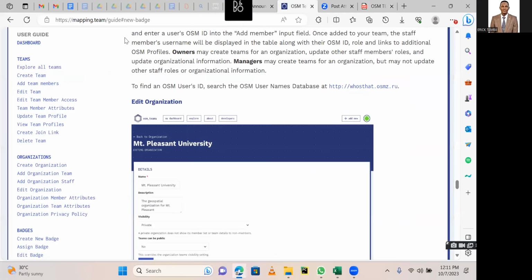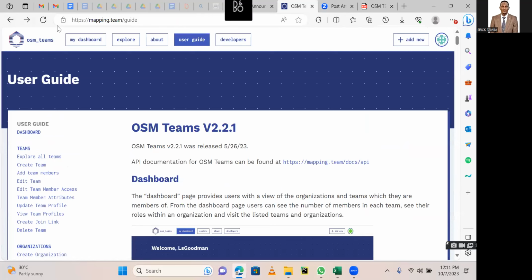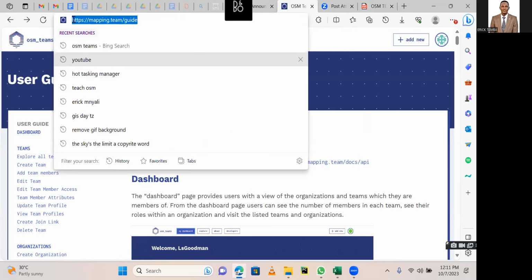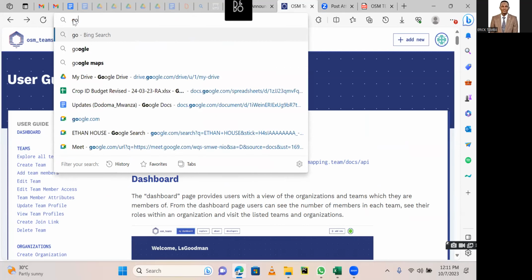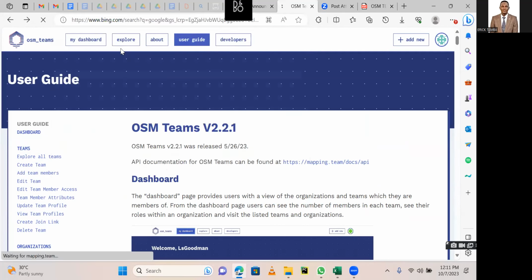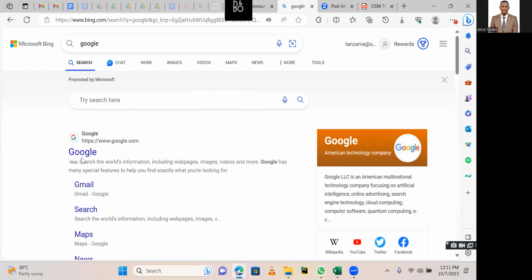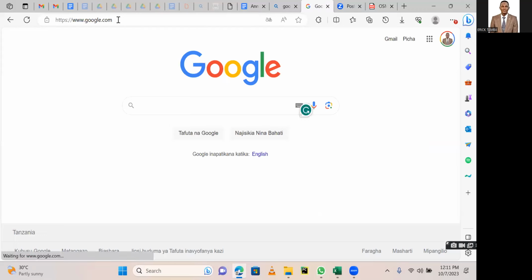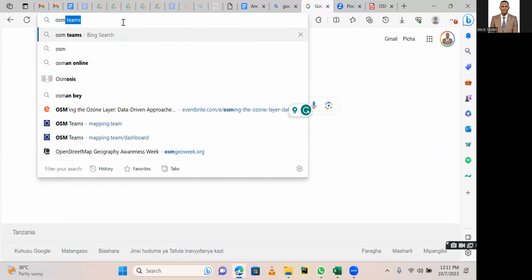So in order to get to OSM Teams, first I would like to pause if someone has a question. If anyone has a question, I could just finish out the presentation, or you could also post your question in the chat and I'll get back to that. Thanks. So if you want to get to OSM Teams, you can simply search for OSM Teams